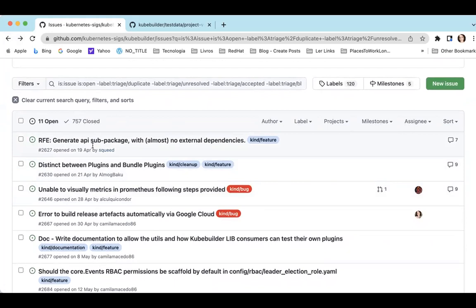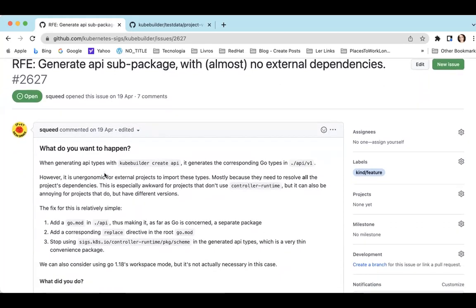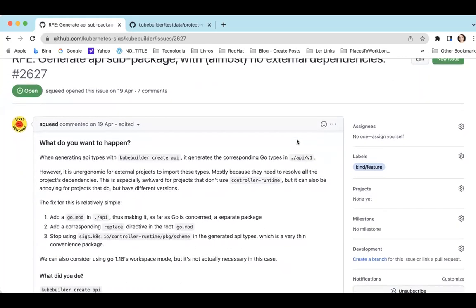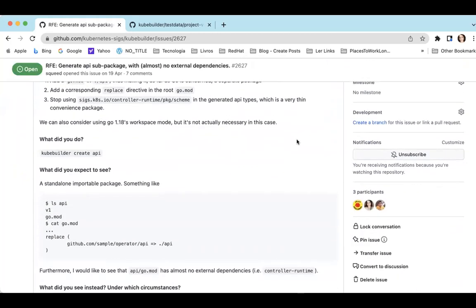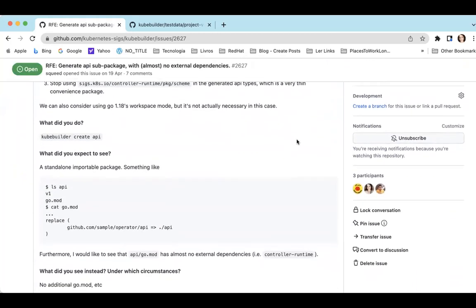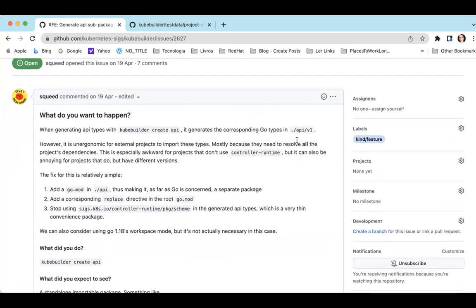Let's move forward. I don't know, I didn't see this one. I think I saw this one. Okay, I didn't test this one. If someone has time to do that, but the idea is